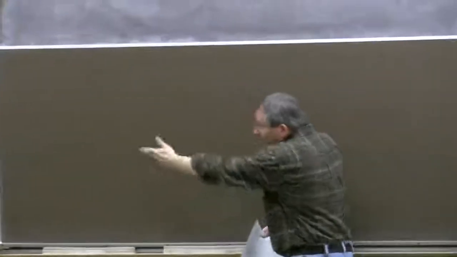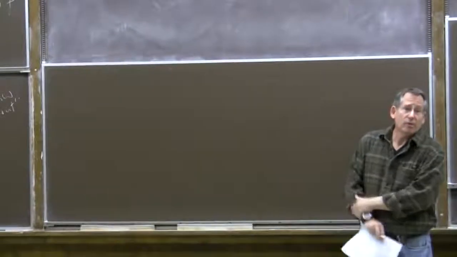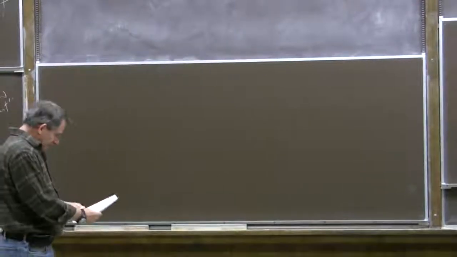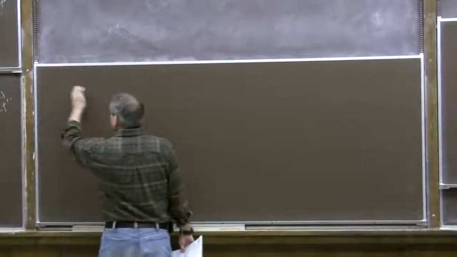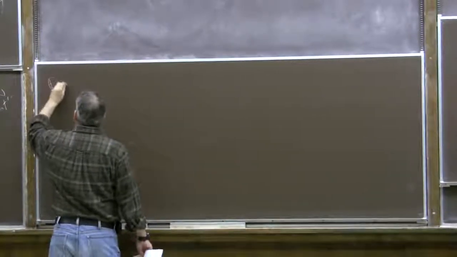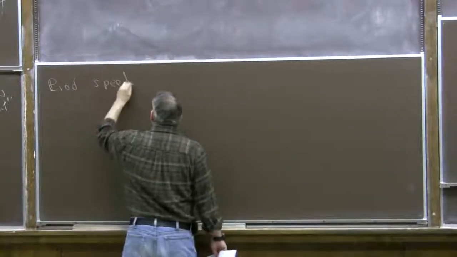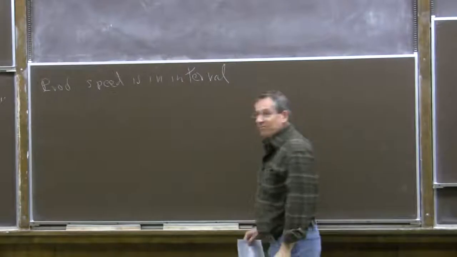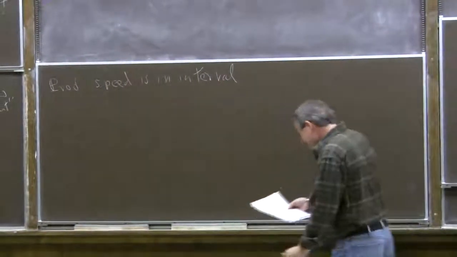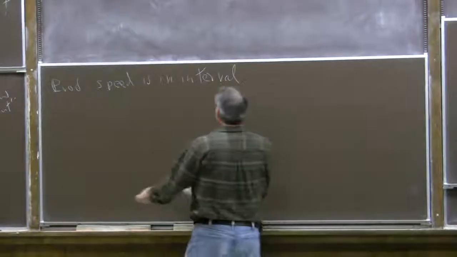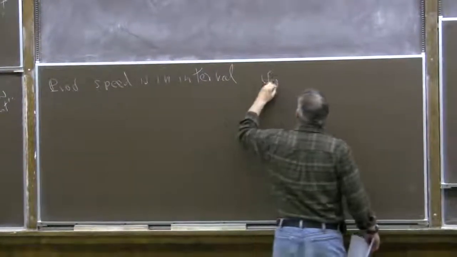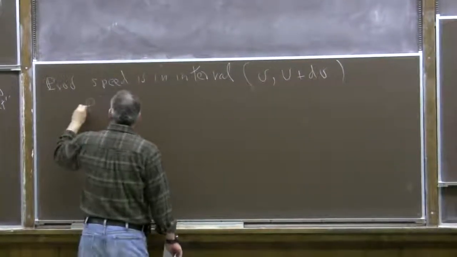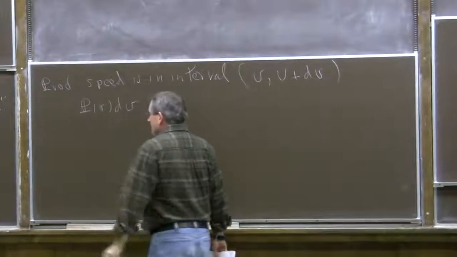So when we normalize it, the constant c drops out. I want to know what the probability distribution is for speed. You can say that the probability of speed in an interval from v to v plus dv is p of v dv, and